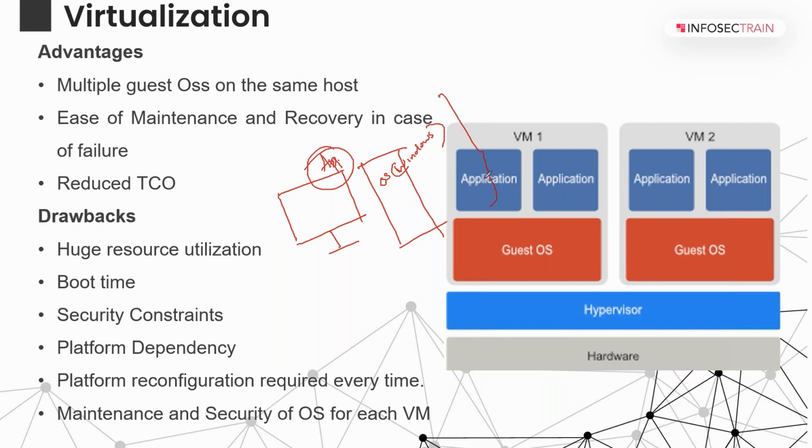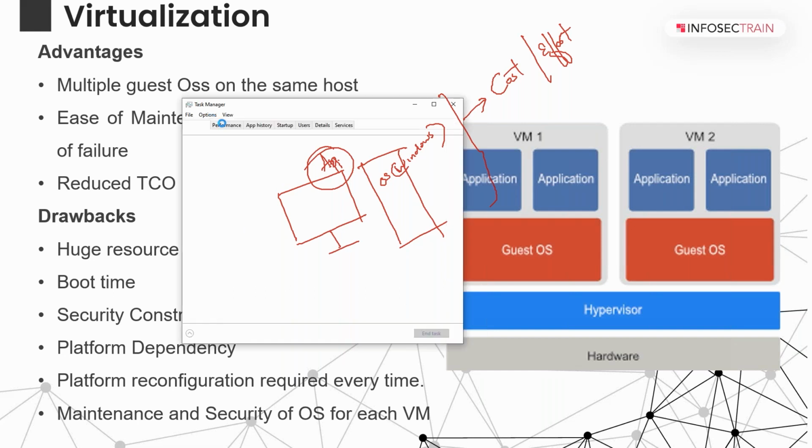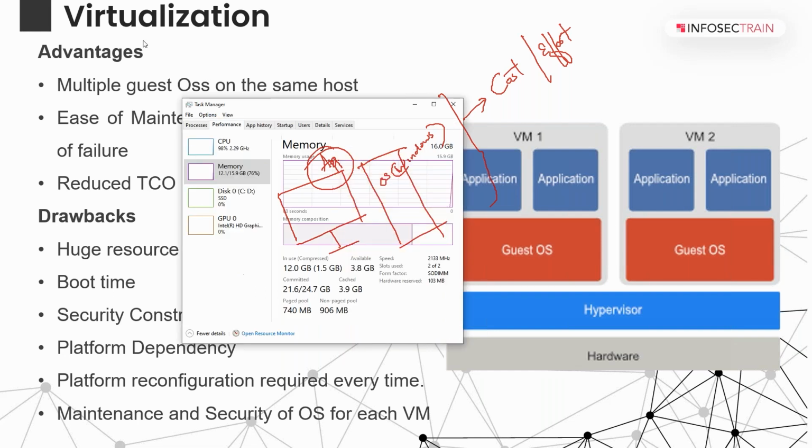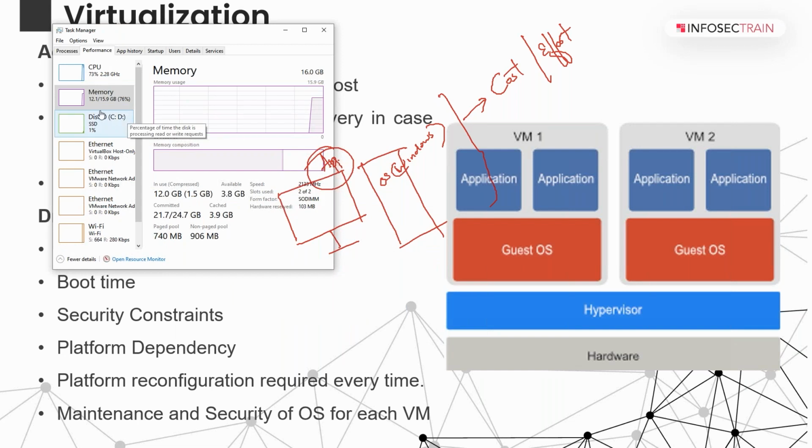And do you think it's a benefit? What is the problem with it? It will take a lot of cost and effort, right? For deploying multiple physical servers, you have to pay a lot of cost, plus there is a lot of effort. And most importantly, the biggest problem is that, team, if you check your system now or my system now, do you think that you are completely utilizing your capacity? For example, now I am opening the task manager on my laptop. Do you think I am using 100% of my capacity everywhere?